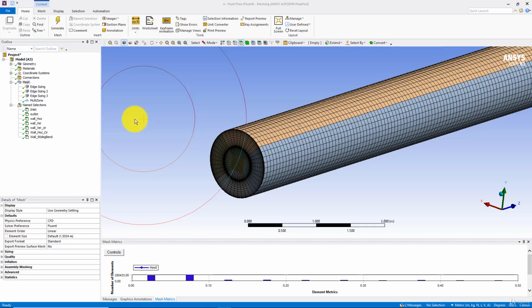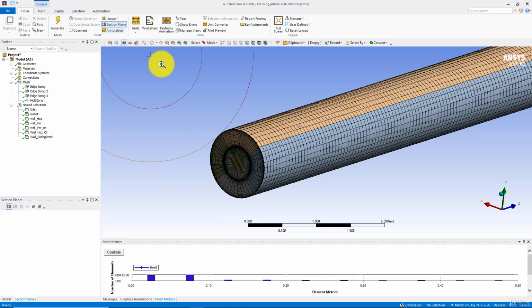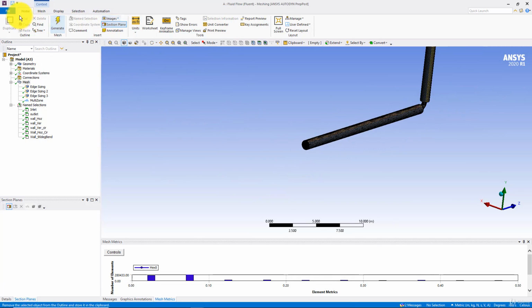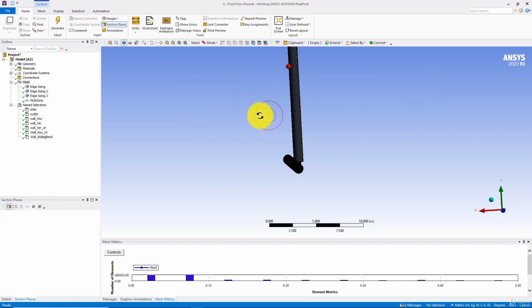In this video, I will discuss some common things we may require in Ansys meshing. The first thing is how to create a section plane, and select it from the home menu. Select the section plane on the GUI, and orient the geometry or mesh in such a way that you can